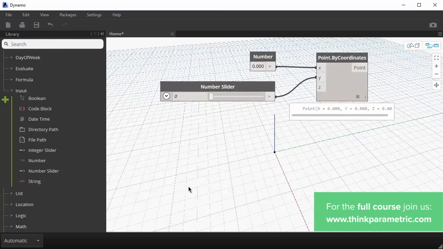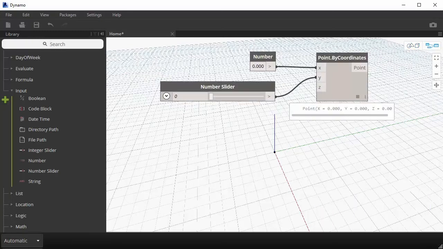And the difference between automatic and there's another option for manual. So when we're in automatic, whenever you toggle your scroll button, the Dynamo definition gets computed automatically. And you can see that that point updates automatically and that data changes pretty quickly, right?